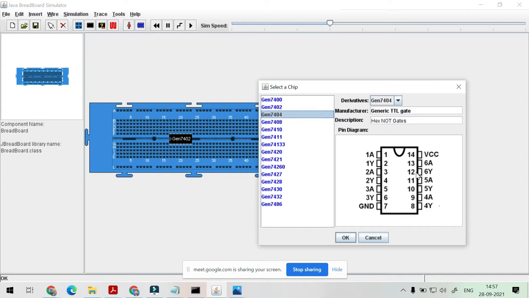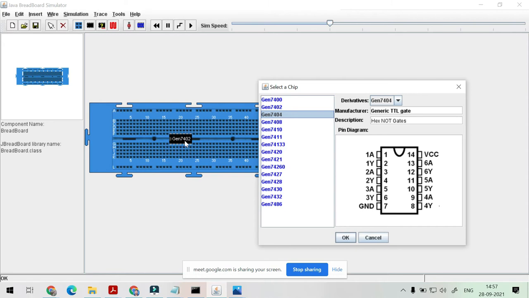So we can utilize each and every gate, or if you want a simpler diagram, you can just insert another IC and use that gate. But it's better if you utilize all the gates of one IC.